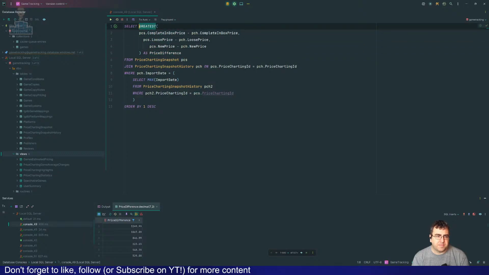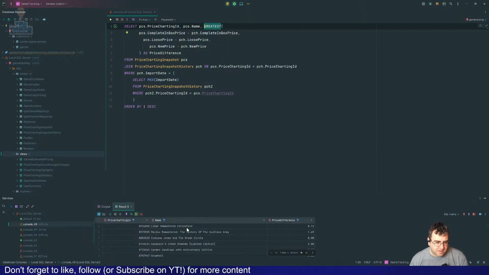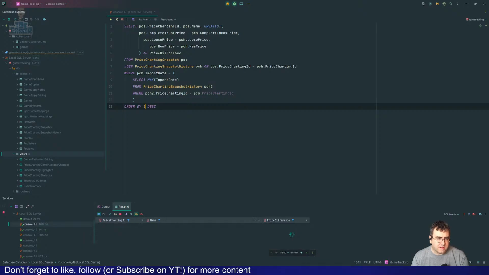Woo, that's a lot. PCS price chart ID. Lunar Remastered. Oh no, order by Paperboy.